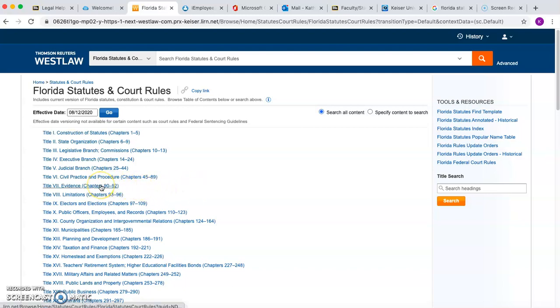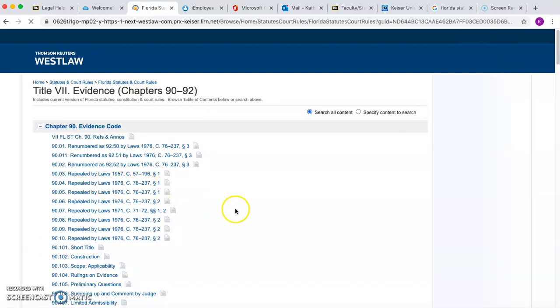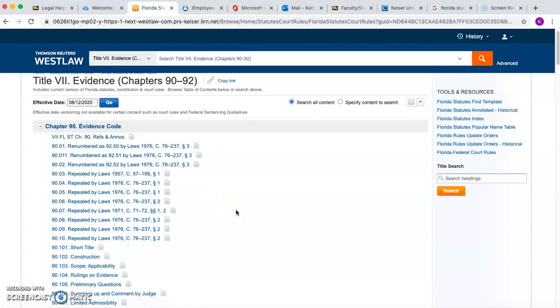But bottom line is, if you were looking up something on evidence, let's click on that. And let's scroll down, and let's say you wanted to look up here, we'll do 90.104 rulings on evidence, okay? So you can see here, 90 is chapter 90, okay? And 104, that's the section number of the chapter. Just like up here, 103 is the section number of chapter 90, because we're in chapter 90, the evidence code, okay? So if you clicked on 90.104, rulings on evidence, this would bring you